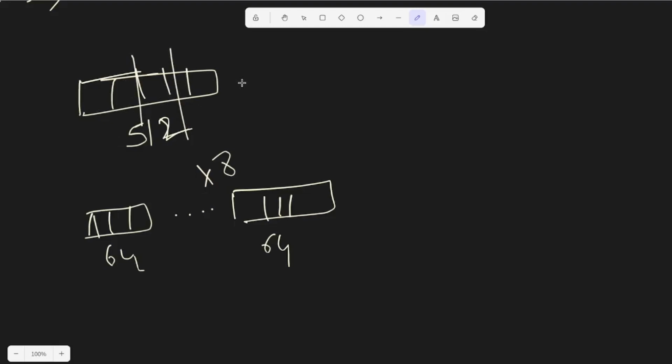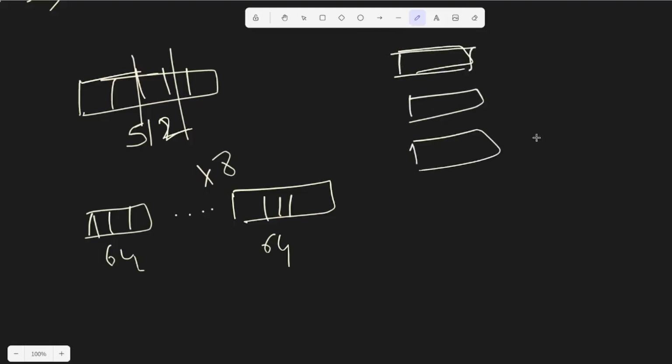But always remember that the number of heads should perfectly divide the dimension of the vector you're talking about, because each vector should be of the same size. Now let's say I divide this into, I cannot divide into 3 heads, so let's just say 2 heads. And why do we divide it into multiple heads? The way I think of it is that, let's say we have a vector here, 3 vectors, like 3 heads,